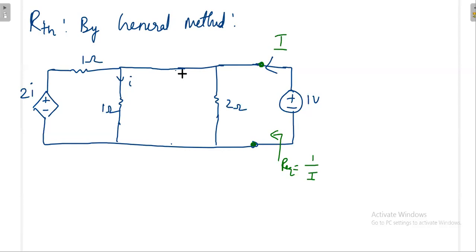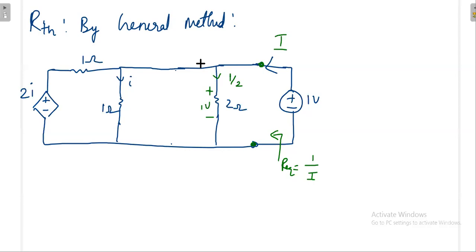So I can go by any method. Which method can we choose? This is I, already I is coming. Here please note down carefully. Here 2 ohm is there, 1 volt is there. Both are in parallel, 2 ohm is exactly in parallel. And again, this is also in parallel with the 1 ohm. So how to go about this? Here this is 1 volt. The same 1 volt will appear here. Then how much current will be drawn? 1 by 2 ampere current will be drawn.